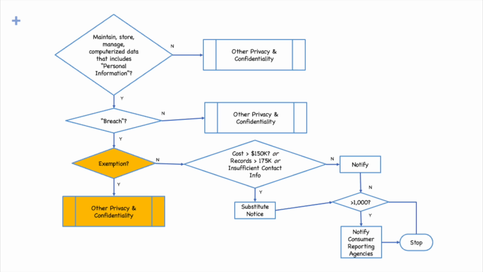Now, the Act carves out 2 exemptions from strict compliance. The first provides that if a firm maintains its own security and notification policy, quote, "consistent with the requirements of the Act," it may follow its own policies. I, for one, do not believe it would be safe for a firm to conclude that it is in compliance with the Act based on its own self-assessment. Second, the Act also provides for safe harbors if a firm complies with certain federal agency rules concerning breach notification, details we're not going to explore here.